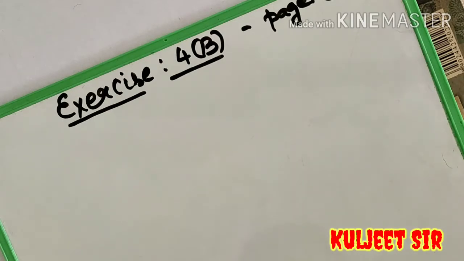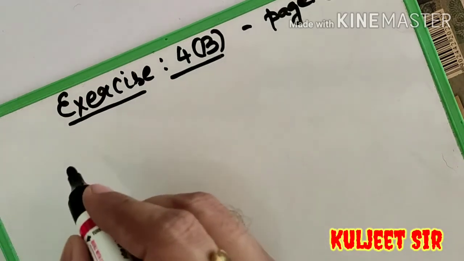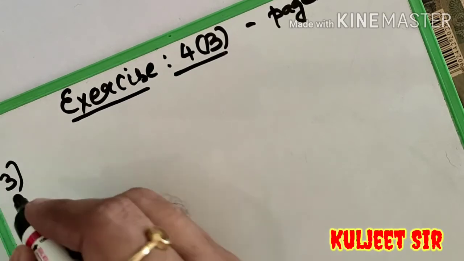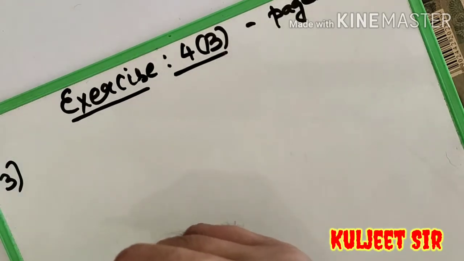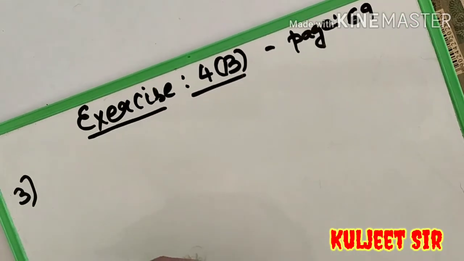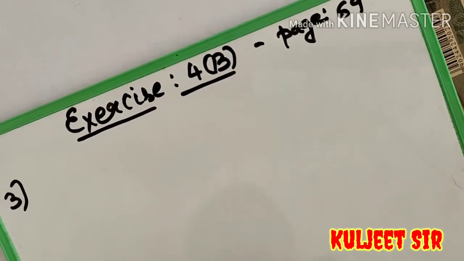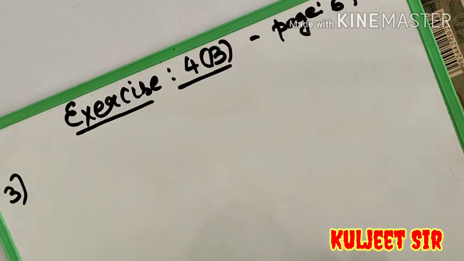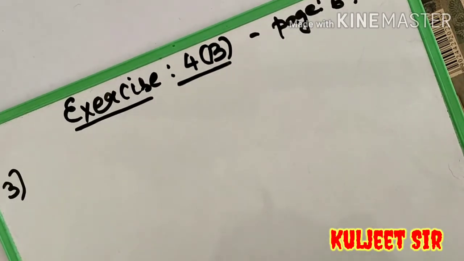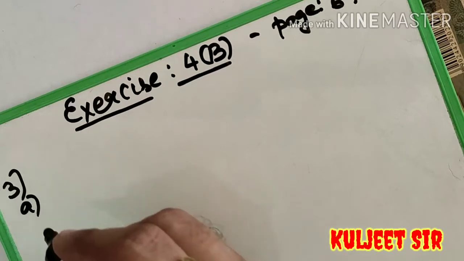So we'll do one thing. We'll start with sum number 3. I will put down the question here, sum number 3. It is on page number 69. It's already mentioned on my screen and you should all be on page number 69 to have a better understanding. Question number 3. I am not writing the entire question, only the heading of the question. Solve the following without using the number line. We'll start with question number A. I will put down my question here, A.